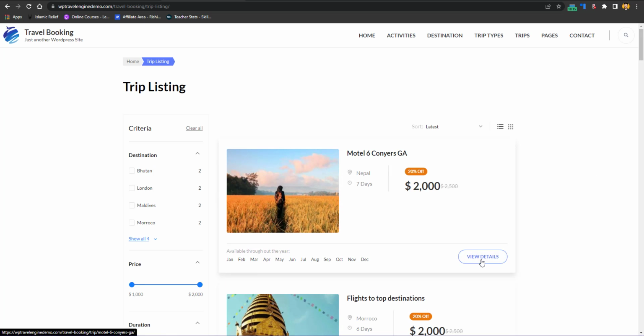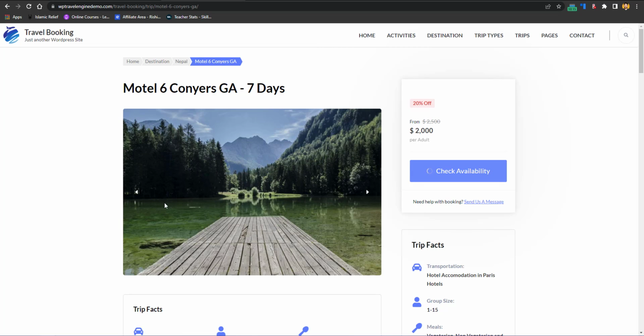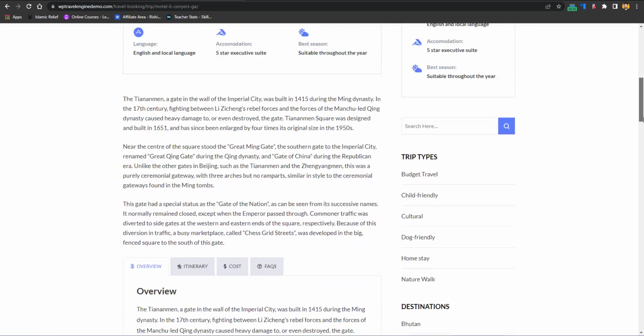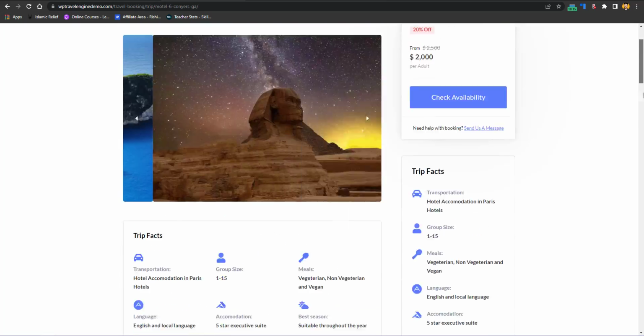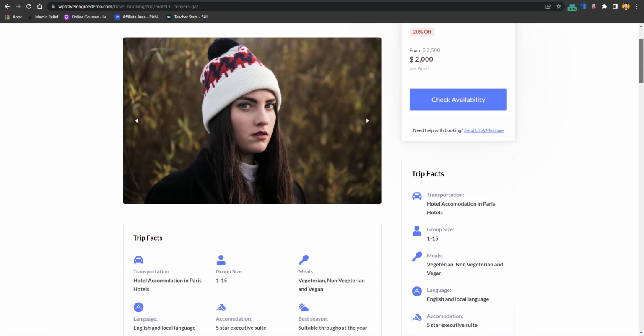When someone clicks on view details, the person would be redirected to the details of the trip, and here all the features are listed. You can also list all these features, including the cost, facts, and overview, etc. And then they can also